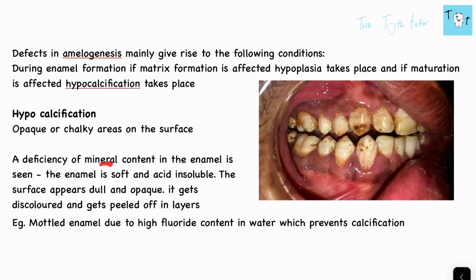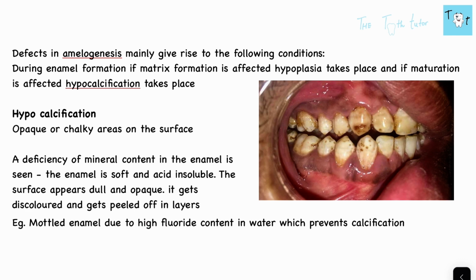A deficiency of mineral content in the enamel is seen. So there is low enamel content. The enamel is soft and acid soluble. The surface appears dull and opaque. It gets discolored and starts getting peeled off. So the enamel is weak. It is soft because there is low calcium content. It appears dull and opaque, and there's discoloration. And when you masticate, it will get peeled off. Mottled enamel is an example because the high fluoride content prevents calcification of the